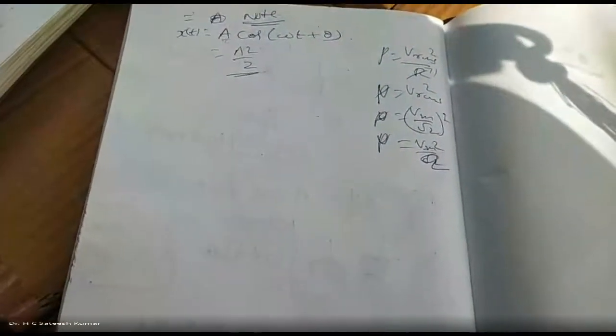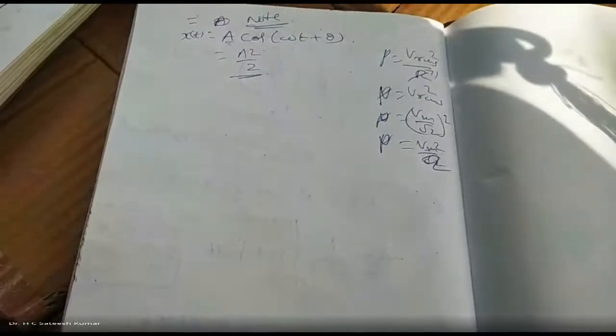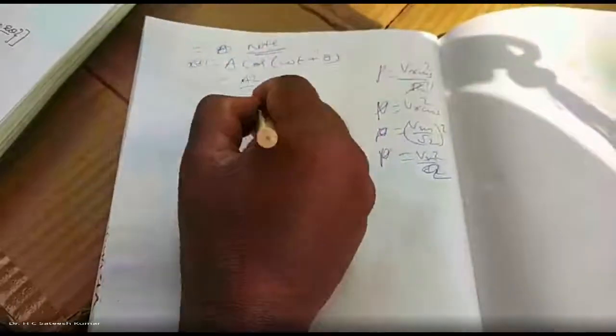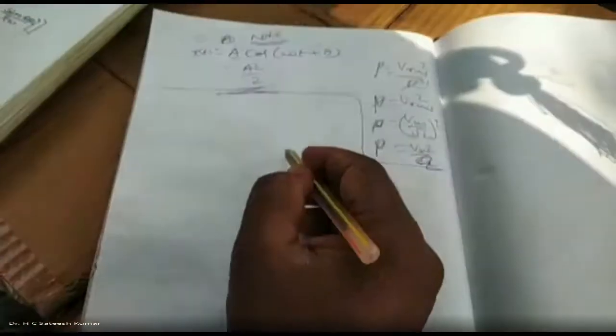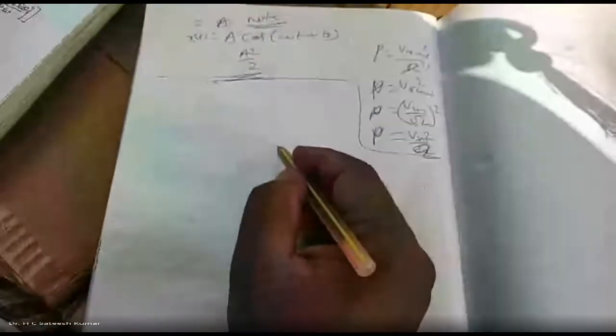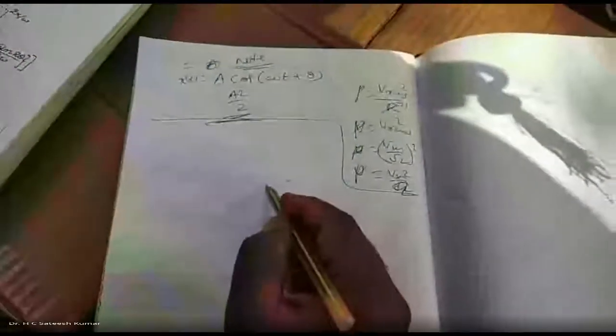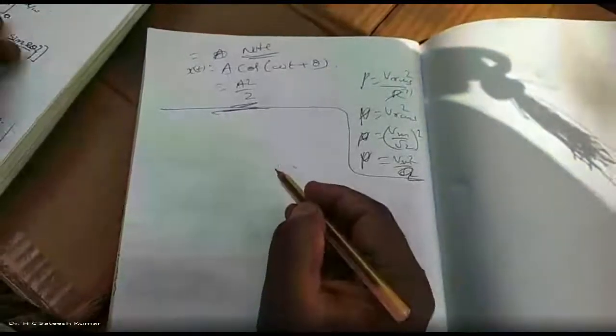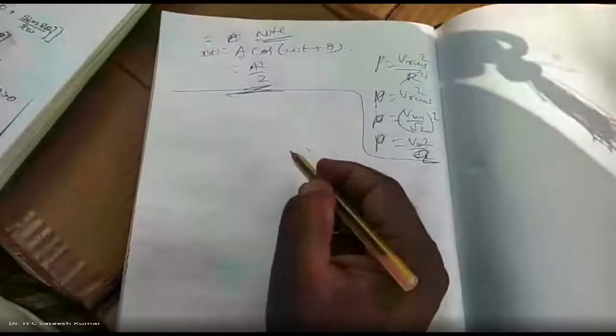Thus, we need to check for the periodicity. Based on that, we should check whether it is a power or energy signal, right? So this is just for verification. You can do it this way. This is the electrical method you studied in your first semester, but now we cannot use this one. According to your periodicity and all, you should calculate. From that only we'll get the full marks, right? So this is one problem we have seen.